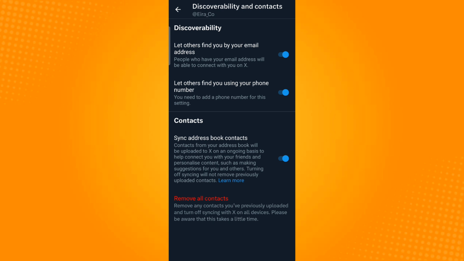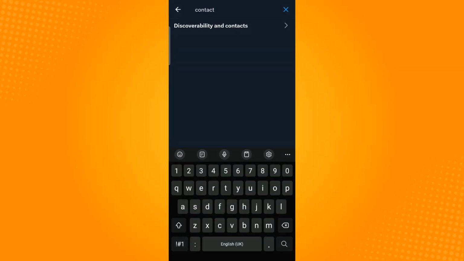So all you have to do is turn on the toggle button beside that so that your contacts will be synced to the application. So once you've turned on the toggle button, you can start finding your contacts by going to your profile